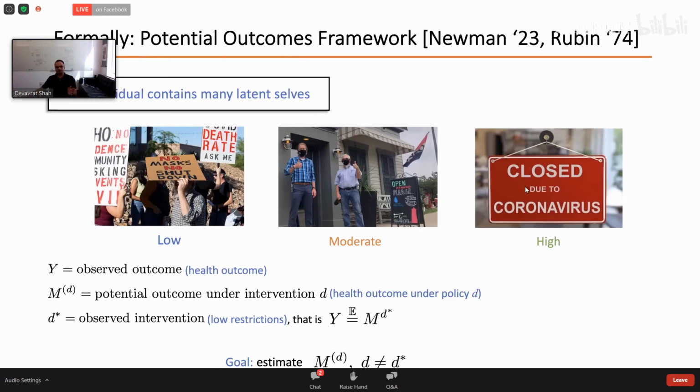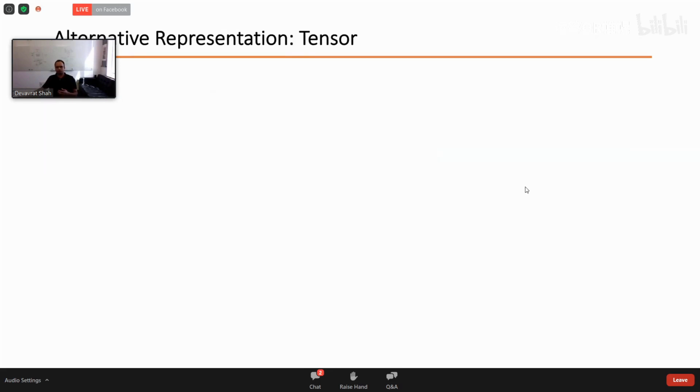Okay, so this in a nutshell is the framework of potential outcomes. Again, I'm not going into too many details, but this is roughly what it corresponds to. There is a notion of individual treatment effect and average treatment effect. In this context, we're going to talk about average treatment effect because we are trying to understand the effect on the entire United States, which is the population of people of the United States. Okay. Now, for the purpose of this talk and to explain the method, at least the genesis of this method, we would like to view this framework of potential outcomes through the lens of a tensor, which is a familiar language, at least from the lens of machine learning.